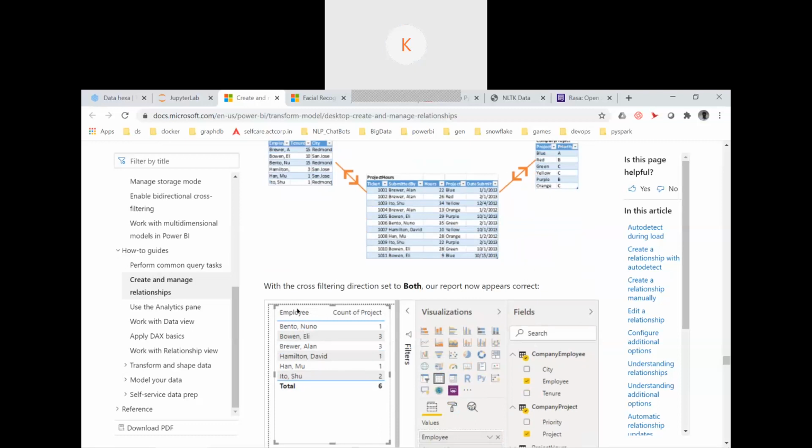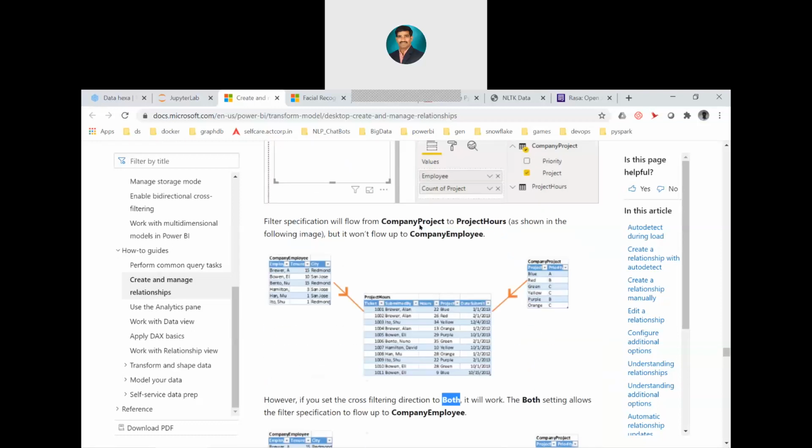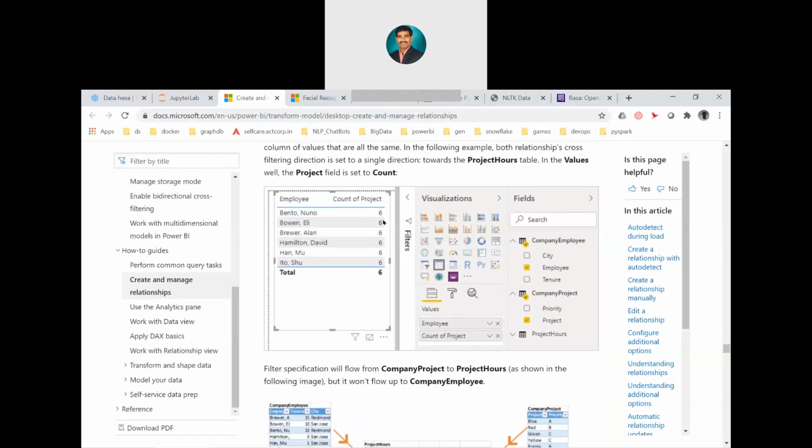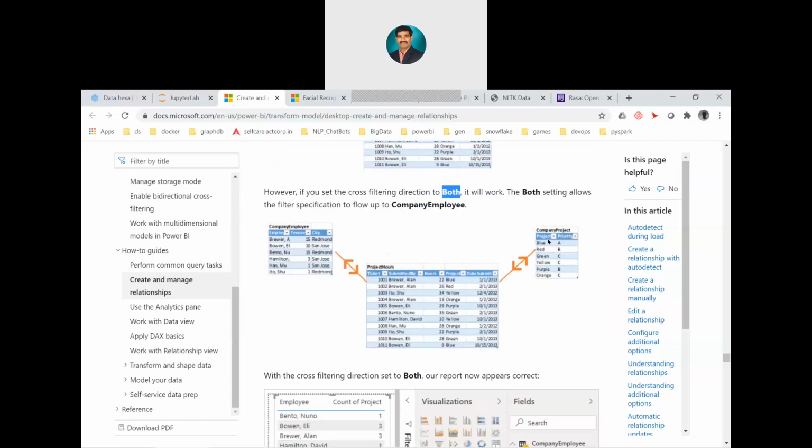And it is going to give properly what is the employee and count of projects. For this particular employee, we can understand associated with how many projects. If this kind of both relation is not available and we are trying to create the count of projects, you may see here what type of things we got. Yeah, all it is showing as 6, 6, 6. As we do not have the direction relation properly, it is going to give 6, the total number of projects we have here. 1, 2, 3, 4, 5, 6. 6 projects are available, right? For each employee, it is giving the 6.